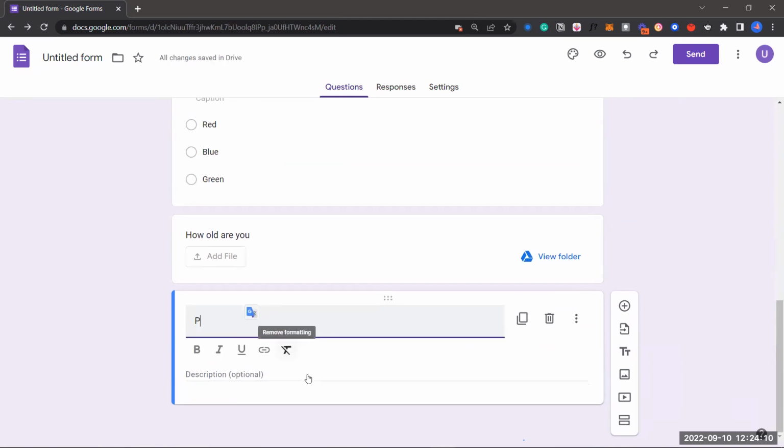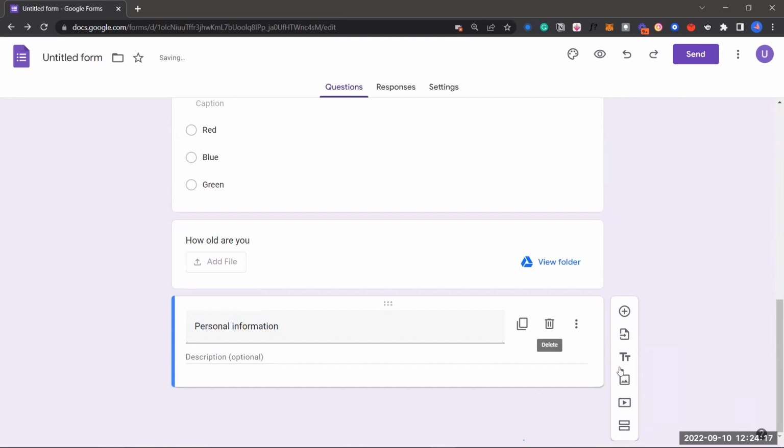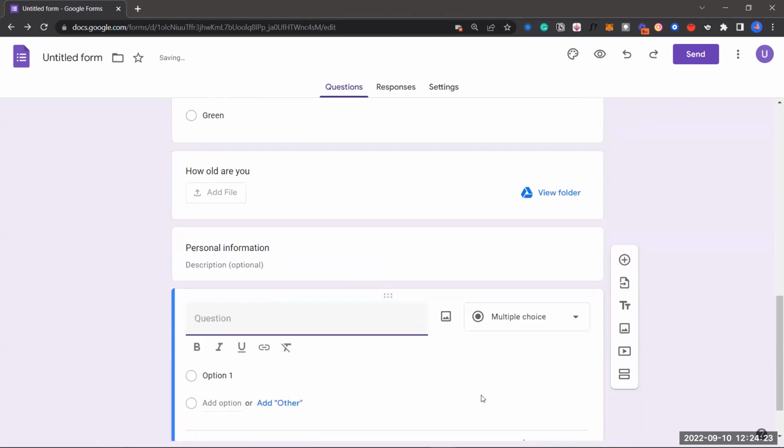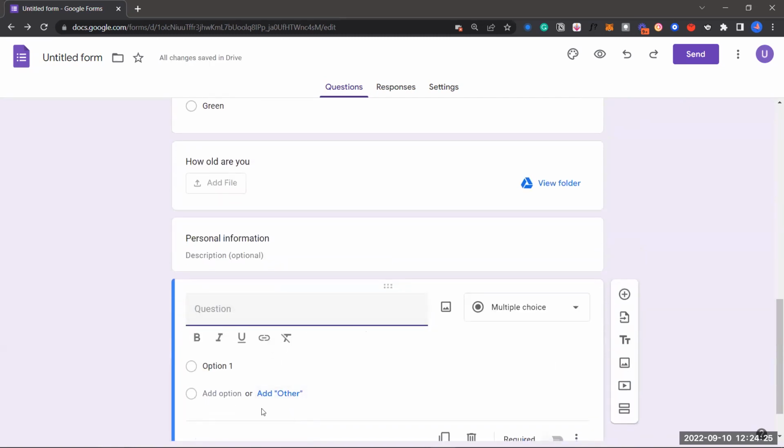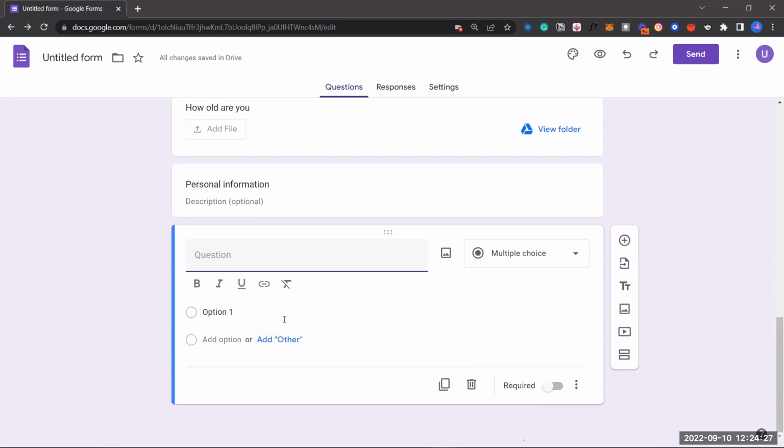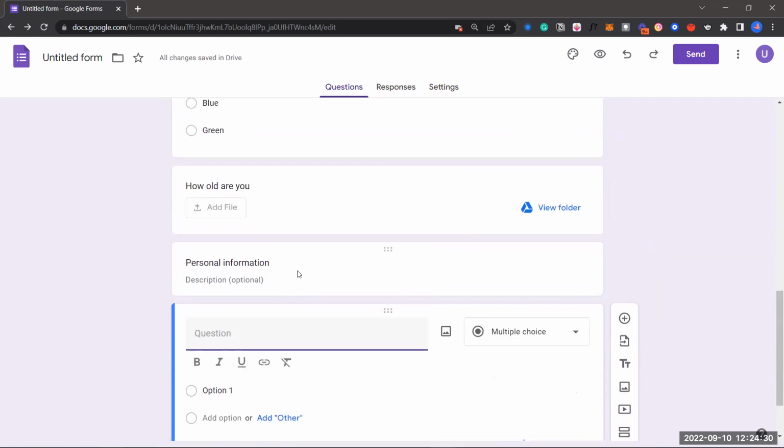So basically you want to ask them for personal information, right? So under this section, you can then add more questions, right? Like you can then add another question, and so on. This is one way to do it, using this title and description to create a new section,